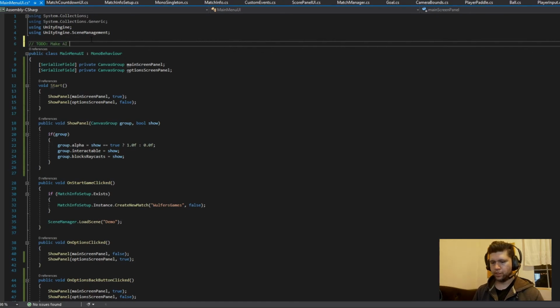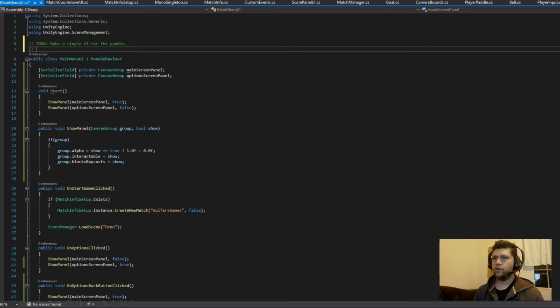Make an AI, make a simple AI for the paddle. And then we'll probably want to do